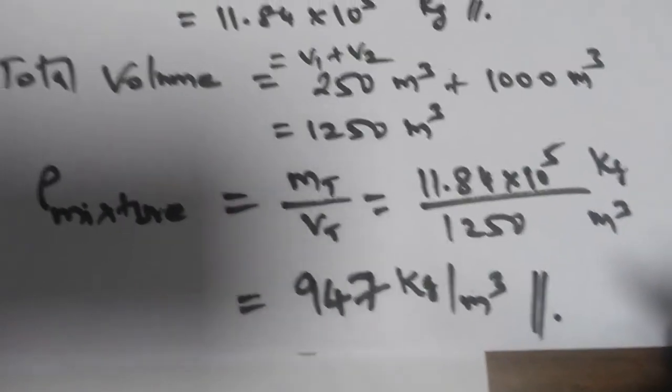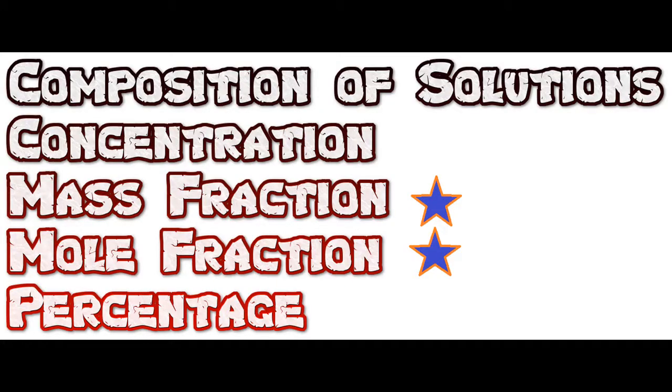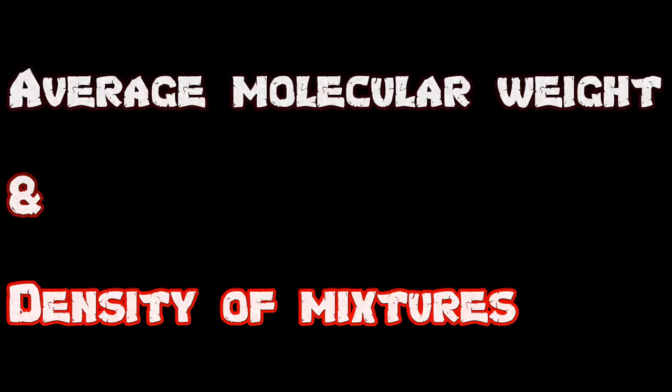Now the topic is mole fractions, mass fractions, mole ratio, mass ratio, and determination of average molecular weight. How to do it? In two ways. We will first see the definitions of mole fraction, mass fraction, mole percentage, mass percentage, and we'll do numericals to determine the average molecular weight of a mixture. It can be a gas mixture or liquid solutions. Be ready with your calculator and notebook. We'll start solving them.